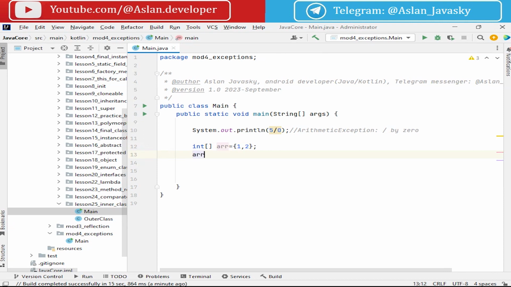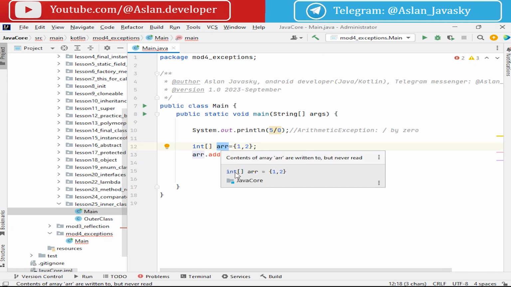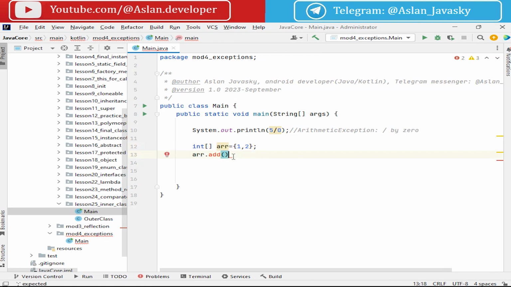If we try to add a new object to this array with 2 objects, you can see that this int array, well, this is not an object array, this is just an array. So index 0 is 1, index 1 is 2, and we try to set at index 2 some number, 3 for example. And if we run